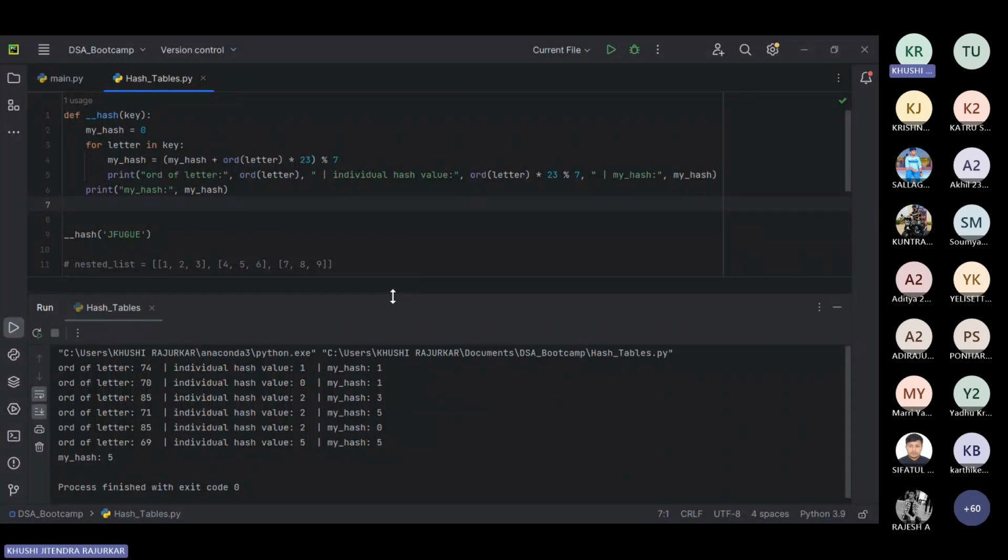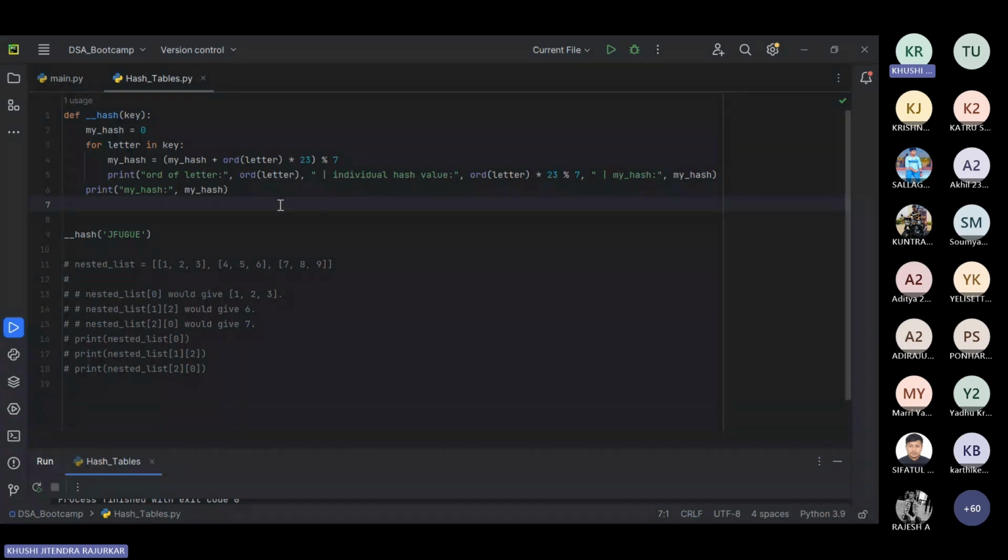So I made a few changes in our hash function so that we can get an idea of what exactly happens here. As you can see, we have our initial code, and as we are running through our for loop, for each and every single iteration, we'll be returning the ordinal of that letter, and we'll be returning the hash value. This is how we implemented the hash function on that specific letter. And then we'll be returning my hash, which is the final value that we get after we keep on adding this hash value into our my hash variable. So after I run this, you'll see